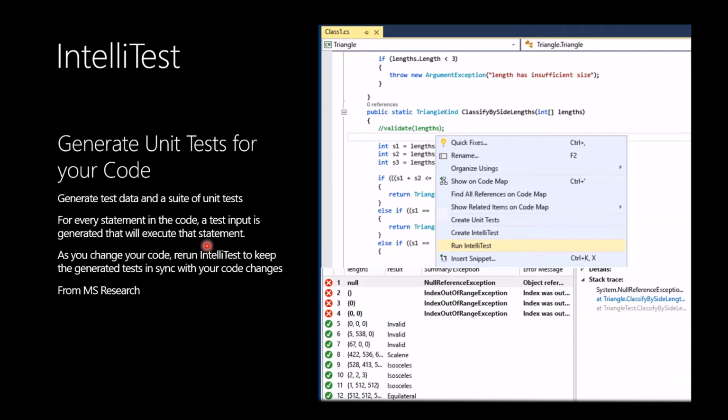What it will do is generate an IntelliTest project for you, with the unit test code. If you create a unit test, you want to write the unit test code with the proper testing scenarios, whatever you have been testing for. But with IntelliTest, you no need to write any single code.